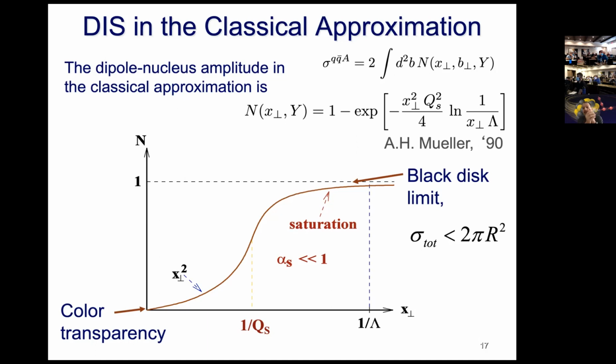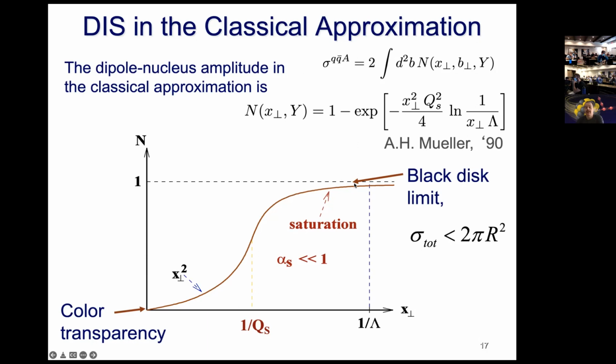It's not just pi r squared, it's not just the cross-sectional area of the disk, but it's 2 pi r squared. And the reason for that is quantum mechanical. You have to look at the S matrix and see how small it can get for high energy scattering. Anyway, the total cross-section for the dipole interacting on a nucleus is in the upper right corner here. It's the integral of this amplitude n over all impact parameters b times 2. So the black disk limit 2 pi r squared corresponds to n equals 1, because then the integral d2b gives you pi r squared, and with a factor of 2 out in front you get 2 pi r squared. So the dashed line here is the black disk limit.